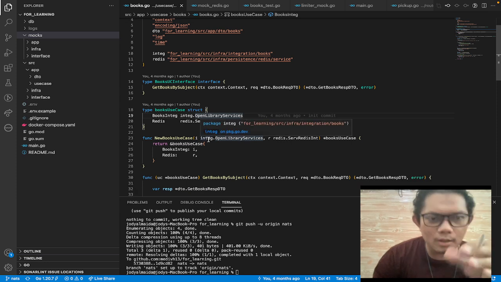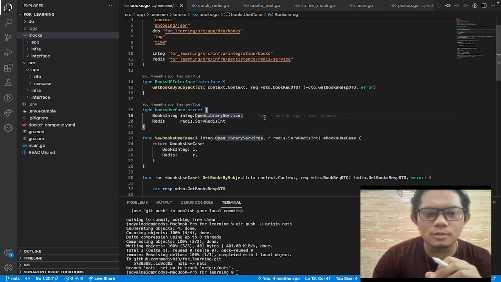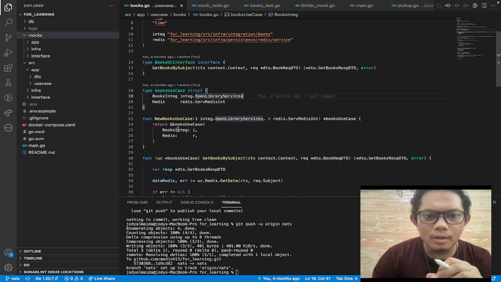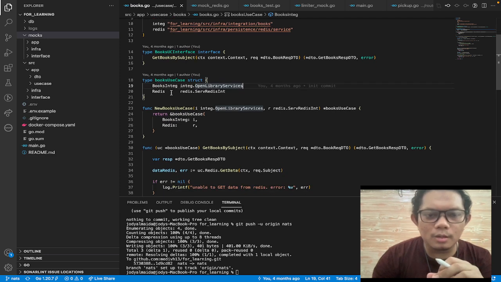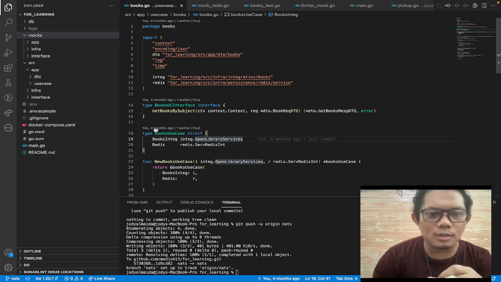So in this use case, we require these two. And when we require these two, I made the method in this layer to communicate to this use case using an interface like this.